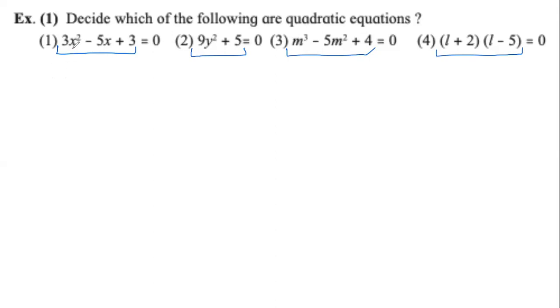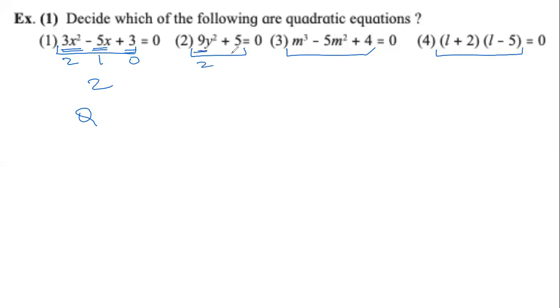The power is 2, correct. The power of the first term is 2. This power is 1. The power is 0. Highest power is 2. Degree is 2. So this is quadratic. Correct. Jan, thank you. That is how we should say. We should not just say power. We should say highest power is 2. Very well done, Jan. Now look at the second one.